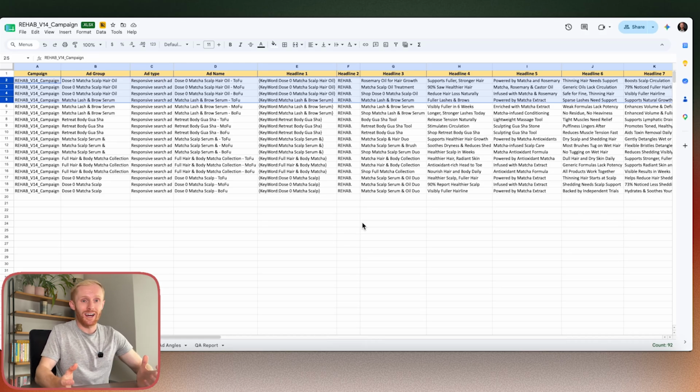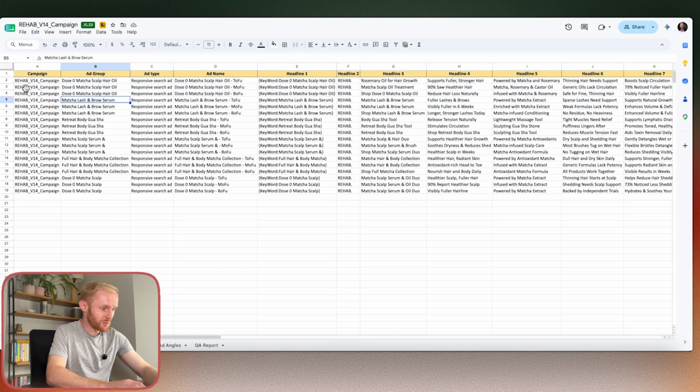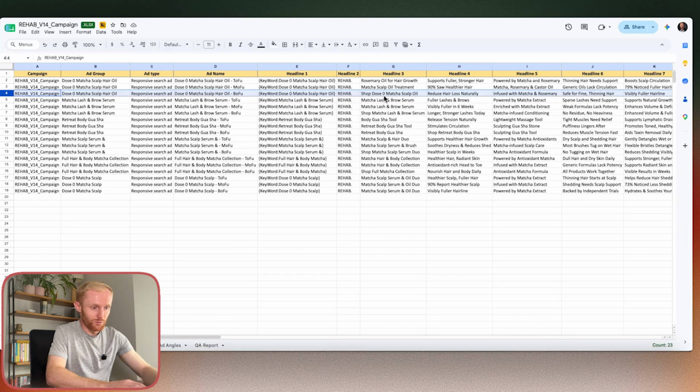And if you've only got one ad in an ad group, then you're limiting how targeted you could be for that person. So the change we've made here is we've now got 3 ads within each ad group, one which is catered for top of funnel, one mid funnel, and one bottom of funnel. You can just see some examples here. The bottom of funnel one says shop dose zero matcha oil and it's got the product in there,